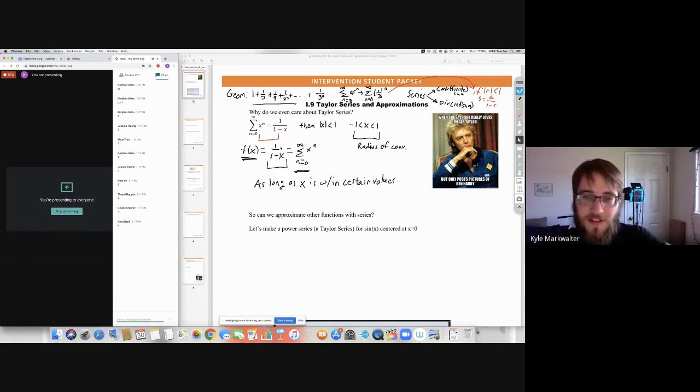But basically what we're saying is this function, hey, I could just name it a power series. It could be 1 plus x to the first plus x squared plus x cubed plus x to the fourth. That's really cool because that power stuff is easy to do derivatives and graph and all those things, right? But it will only work within some specific radius. Now,